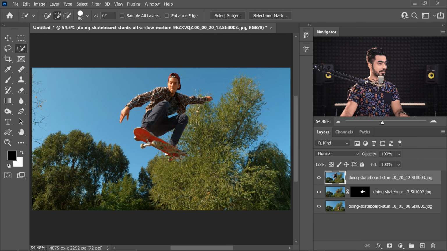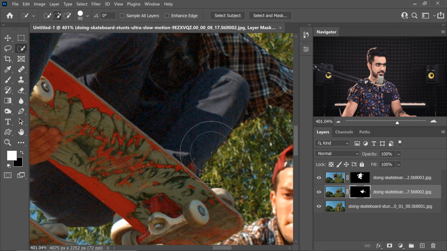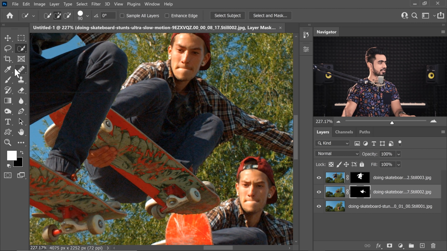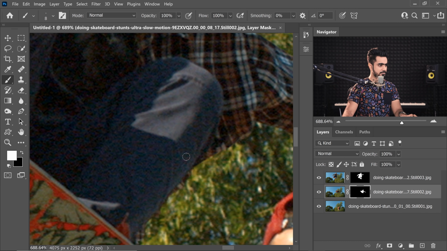Similarly, let's do the same thing with the third one. So turn it on and click on select subject. Once the selection is ready, just click on the mask button. Now you can take all the time in the world to improve the mask, improve the selection, because if you have a look, there are some rough edges here. So you can select the mask, go in there and just paint back in some of these areas. It's not a big deal, but this would be the process to do it.